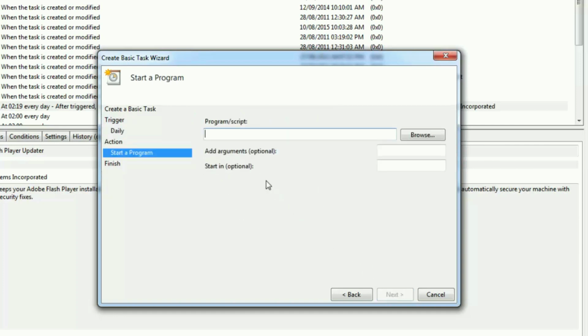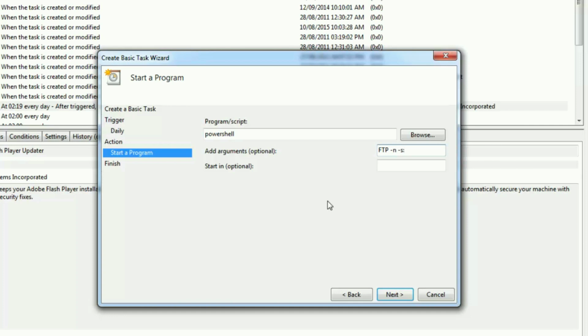Hit next again, and then you're going to be prompted with this screen where you should input your program that should launch when this event occurs every day. And in our case, we will need to run this batch script via command prompt. So to do this, we will need to specify the program as PowerShell, and we will need to pass in arguments. So let's do so. In the program text box, please type in PowerShell. Then next to add arguments, please go ahead and type in FTP space -n space -s: